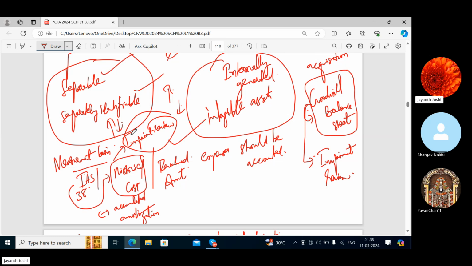Subsequent expenses are those after the intangible asset has been brought into the business. So any further expenses, basically you won't find any further expenses, but any kind of legal or other expenses which you are incurring regularly or of a recurring nature, you should be showing in the P&L. Okay, that's all about this intangible asset, and now we will discuss assets held for sale.